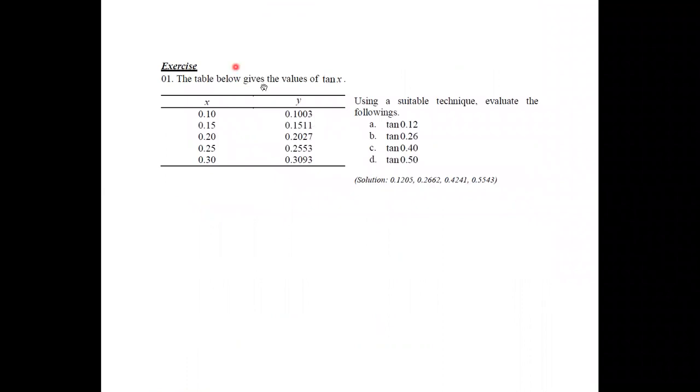And this is one exercise where you can use Newton's forward interpolation formula and backward interpolation formula. You can go through this exercise by yourself, and the solutions are also given. Here you have to use a suitable technique, that is the forward method or the backward method. Using the appropriate method, you have to evaluate the set of values. Therefore this is all that I need to discuss under Newton's polynomial, and thank you all for joining this session.